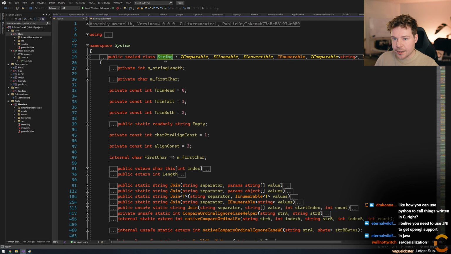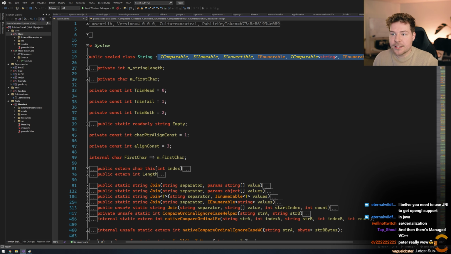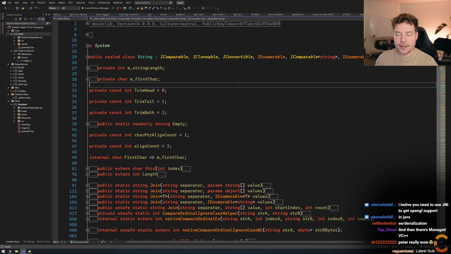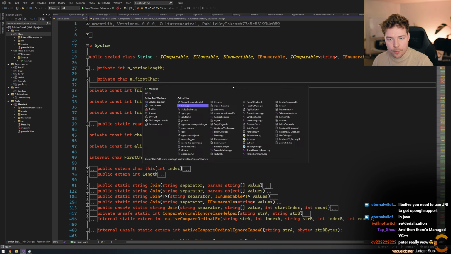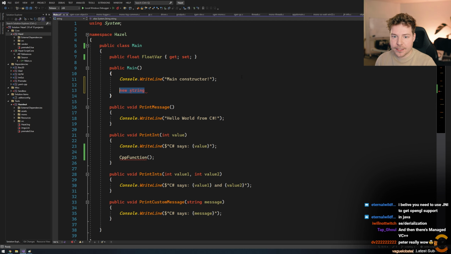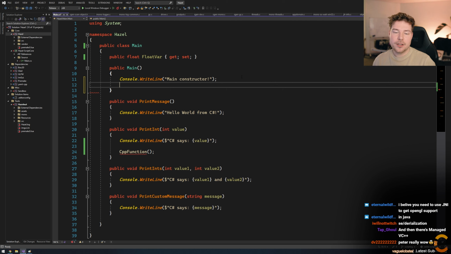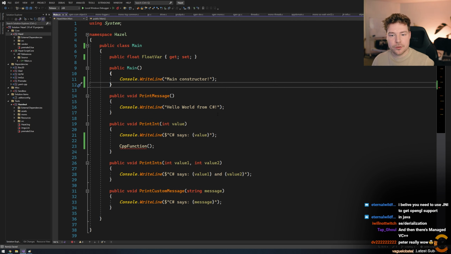So string is a class, right? It's a class which implements all these interfaces. It's like an actual C# managed object. And so you need to ultimately create a new string instance. You can't just take your std string or const char pointer and say, here you go. I mean, I guess you can. You could probably take it in as a pointer of some sort inside C#, maybe inside some kind of unsafe block. I don't know exactly how that works. We don't really do that, but you probably want to construct a C# string out of it.